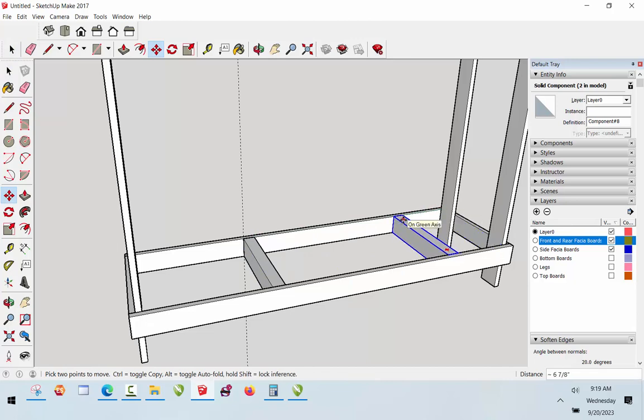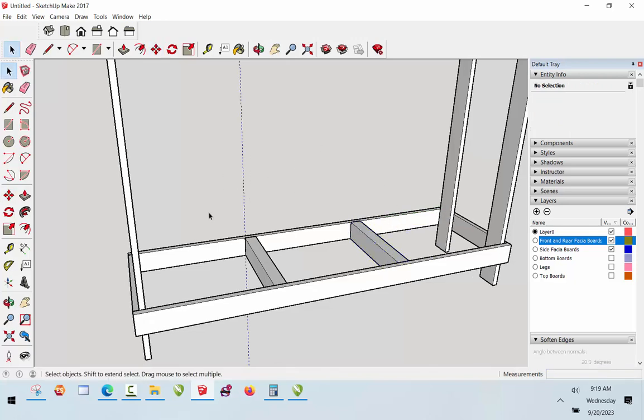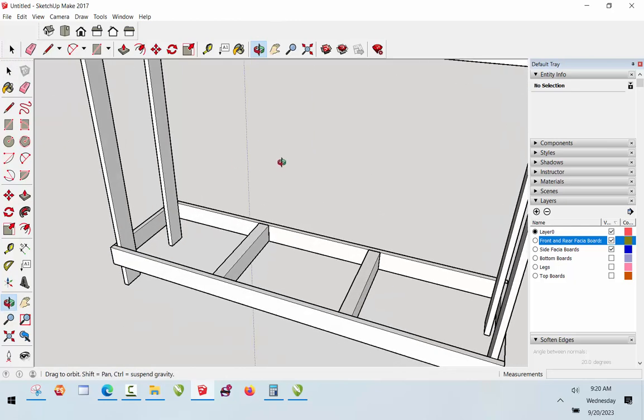So from here, we're going to come out 14 inches. I said 3 boards, but I changed my mind. I'm only going to do 2 boards. Did I do that right? Something looks off, but